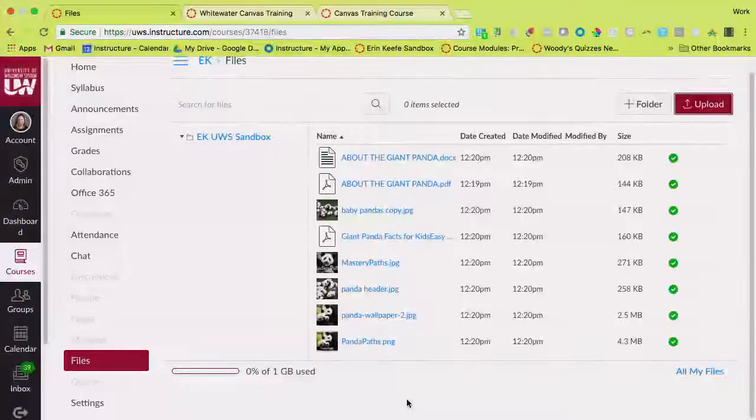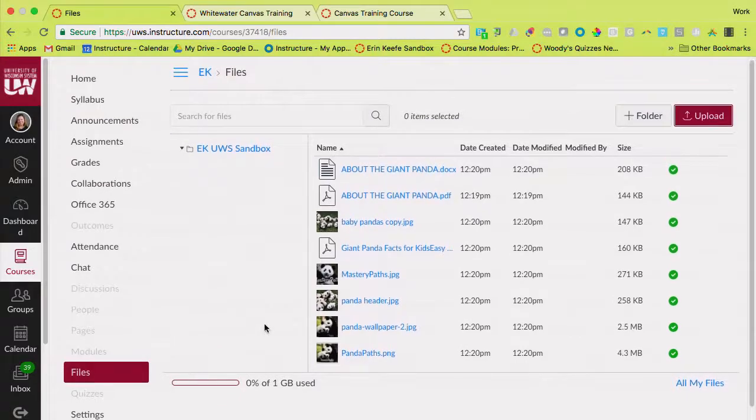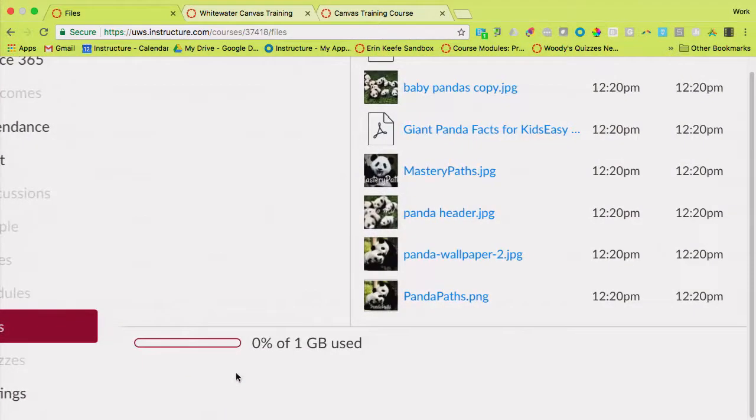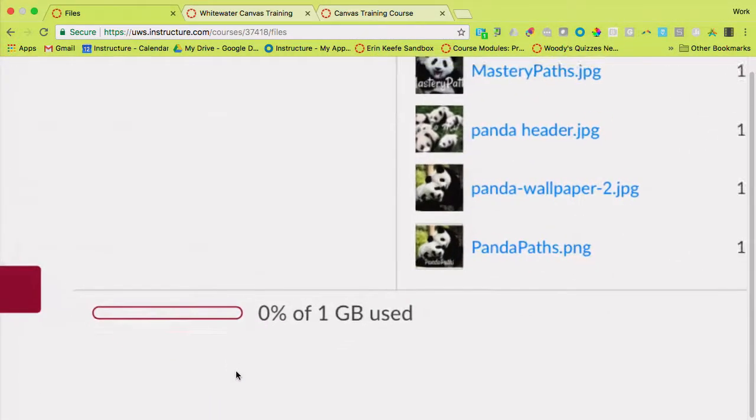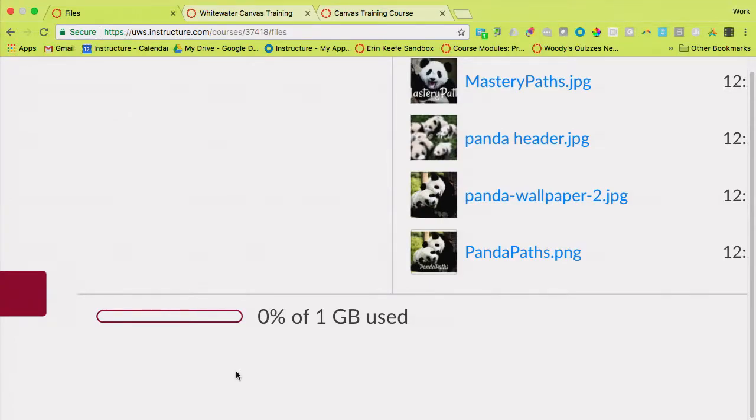I know that you guys have Kaltura, or you have other places that you could host those videos. Kaltura is connected to your Canvas environment. So if people get nervous, if you're training other people, which I know some of you will be, and they get nervous about seeing that limit right there, just know this is specifically for this course.